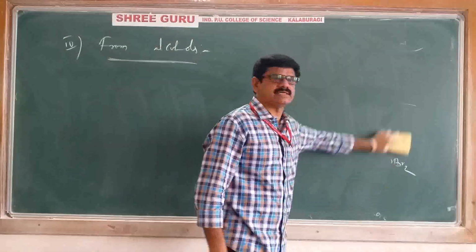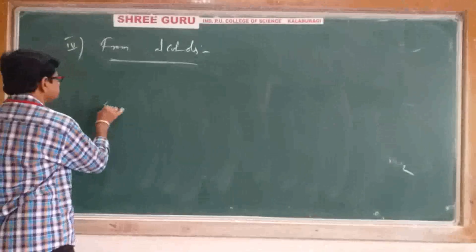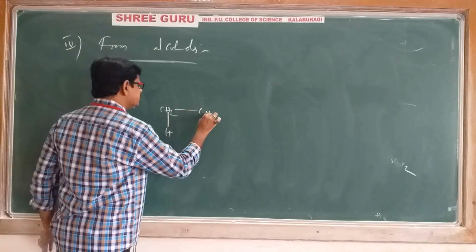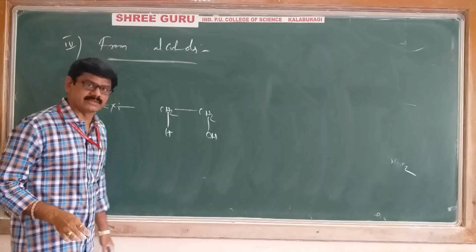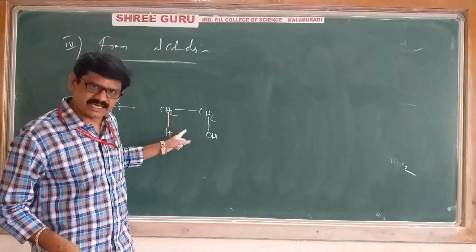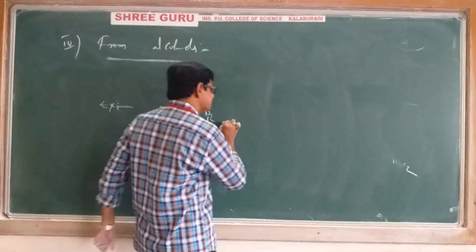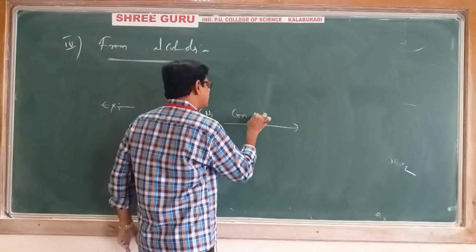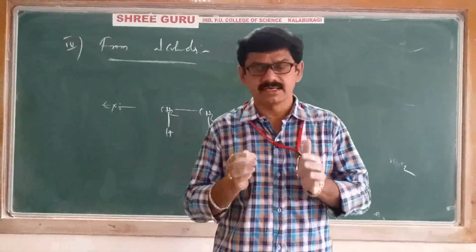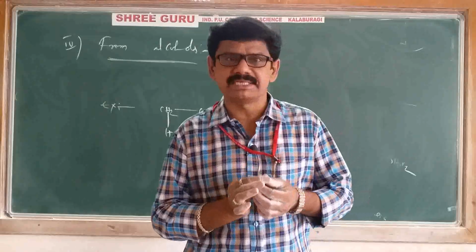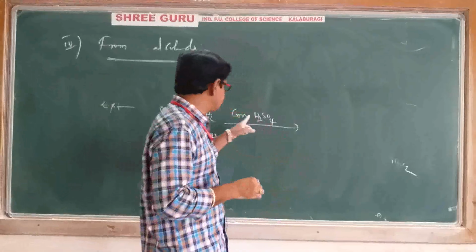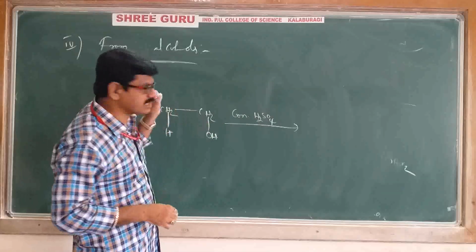Here also I will give you one suitable example. CH3CH2OH. You know already, its name is ethanol, ethyl alcohol. Ethanol is the IUPAC name. Ethyl alcohol is the common name. When this ethyl alcohol is heated in the presence of concentrated sulfuric acid, concentrated sulfuric acid has a major role. It is the best dehydrating agent. It removes water from ethyl alcohol.